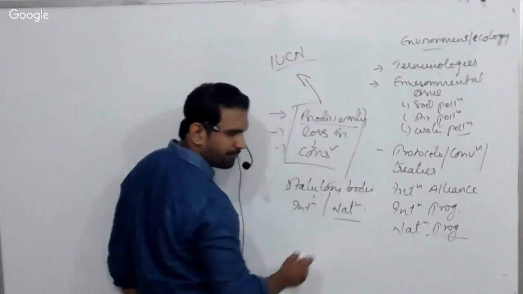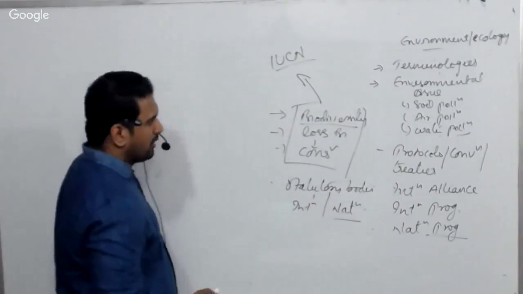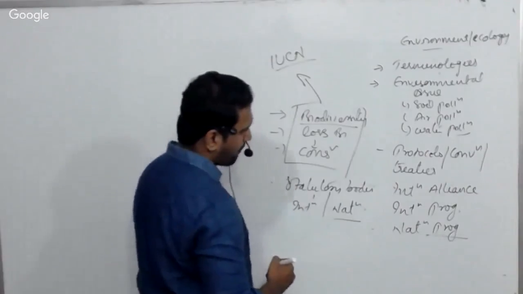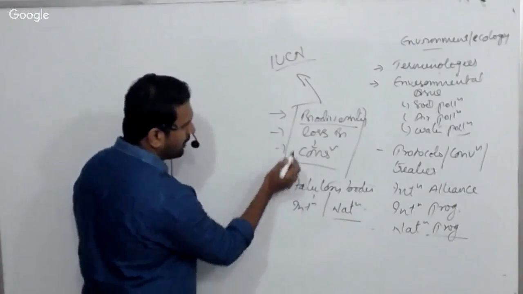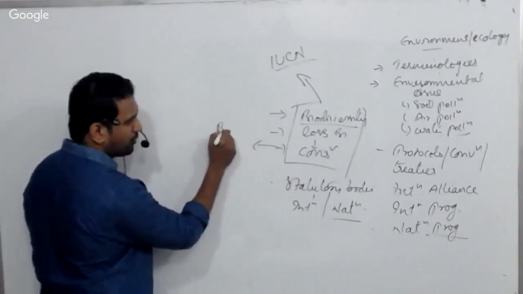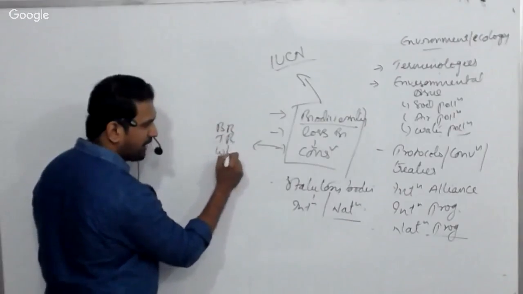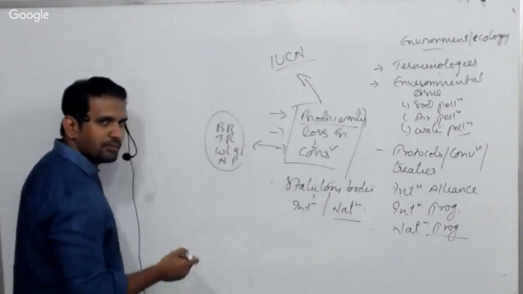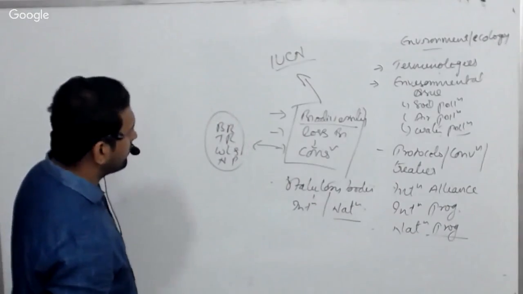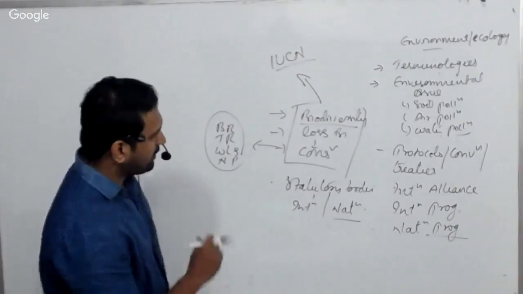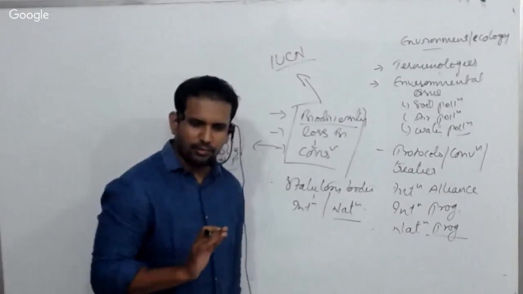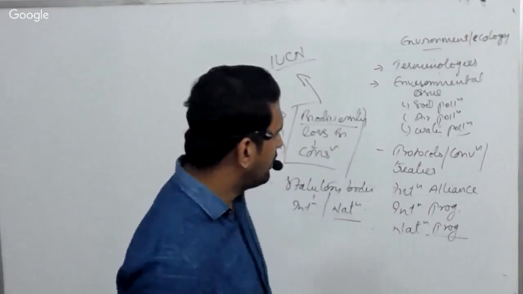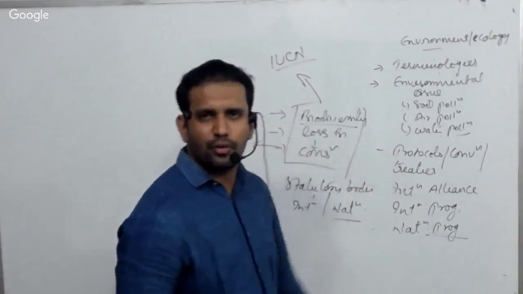Okay, then apart from this, in conservation, we are going to learn about biosphere reserves, tiger reserves, wildlife sanctuaries, national parks. All this we are going to learn about. Fine. So this is the general outline that I have written on the board, what we are going to discuss, but a detailed version of each and every treaty or convention is what we are going to learn.